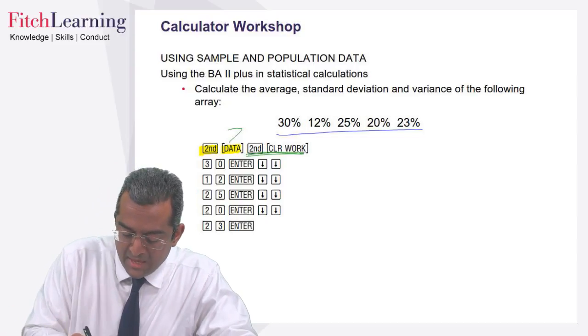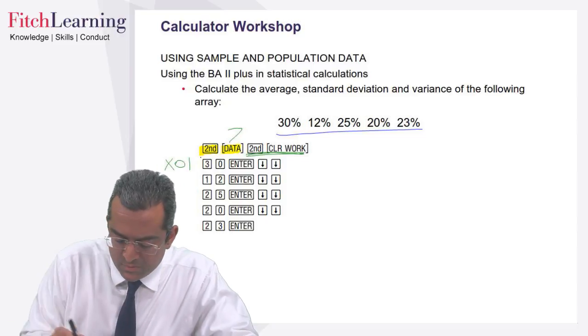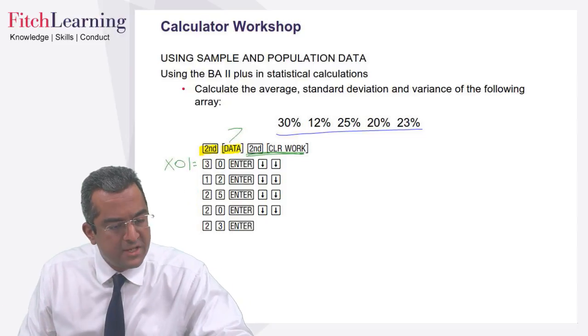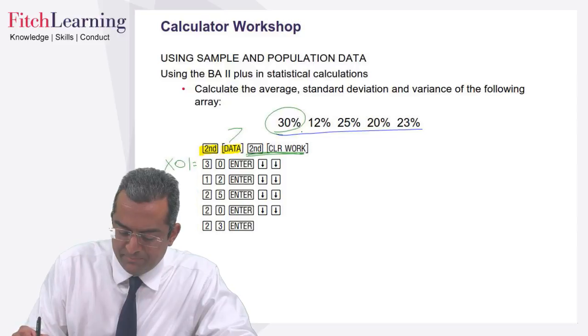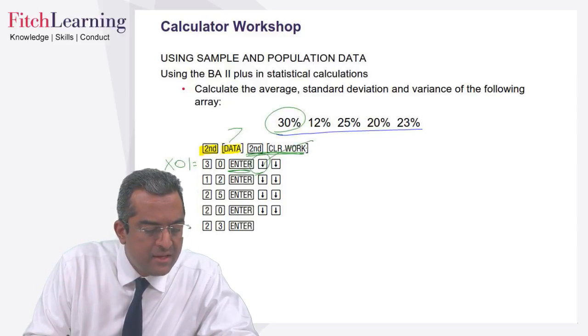Second clear work. And then it says, what entry do you want for the first one? X1 equals. And we want 30. That's the first number going in. Press enter. Down arrow once will then say Y01,